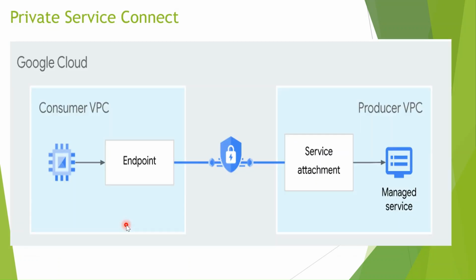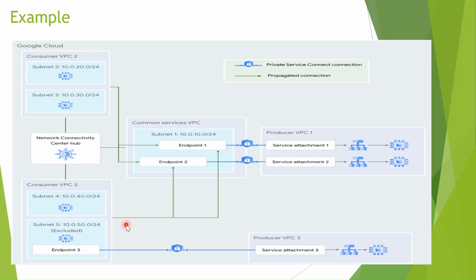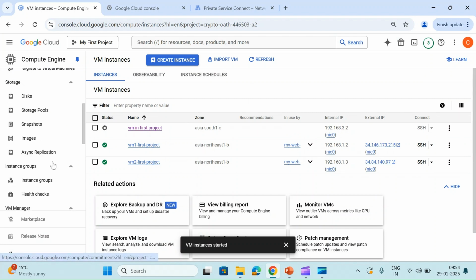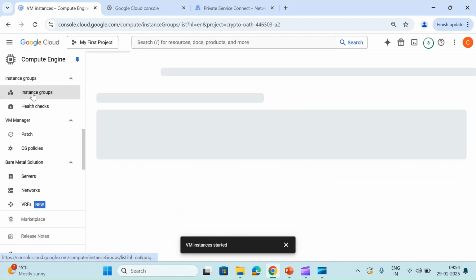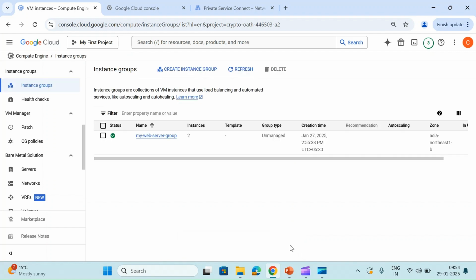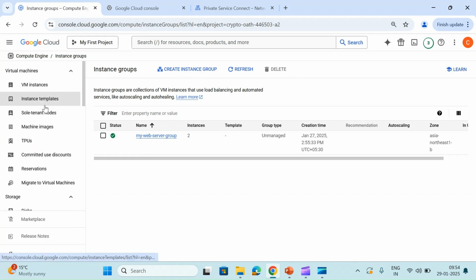Let's do the demo, so it will be very easy to understand what I'm talking about. So I'm in my console. Basically, I have an instance group. If you don't know about PSC, first I have to create a managed service. This is my instance group, which is running two VMs.